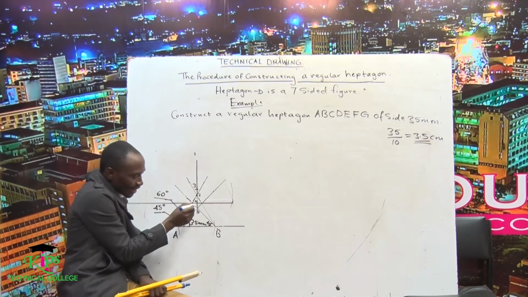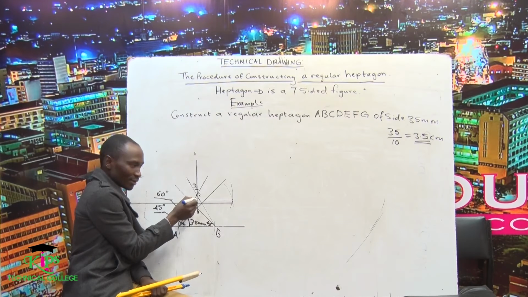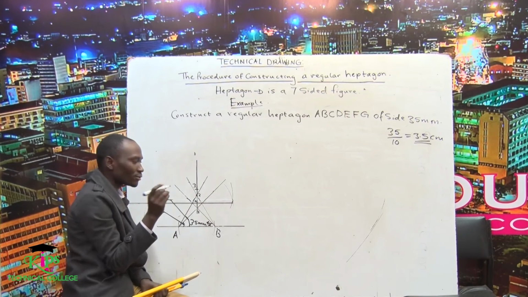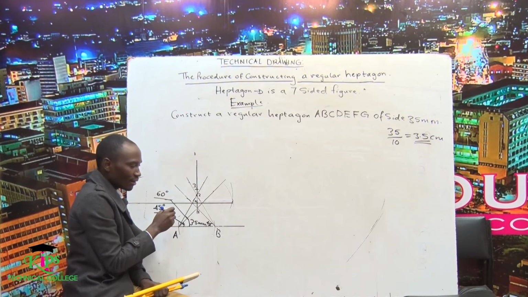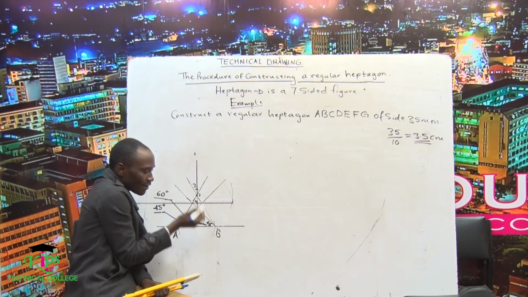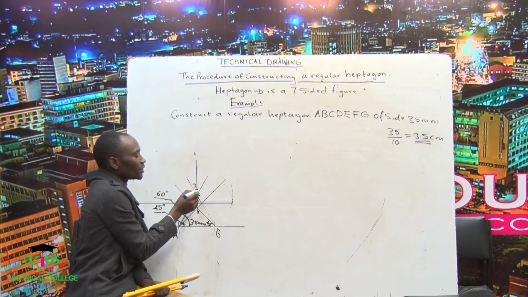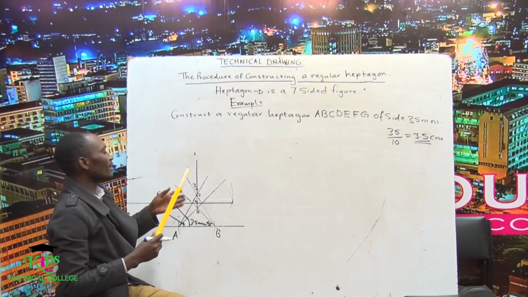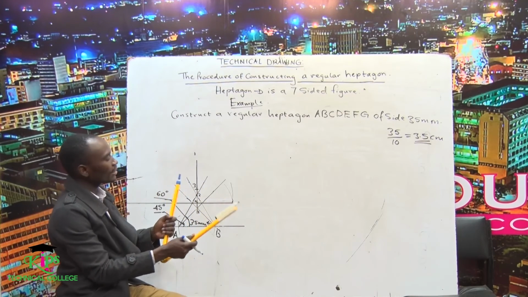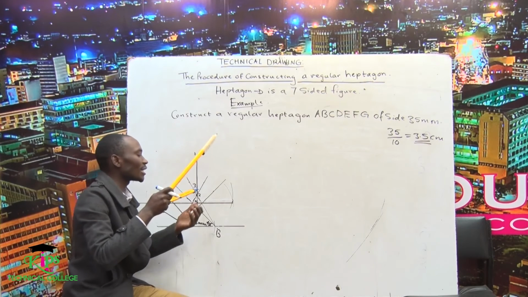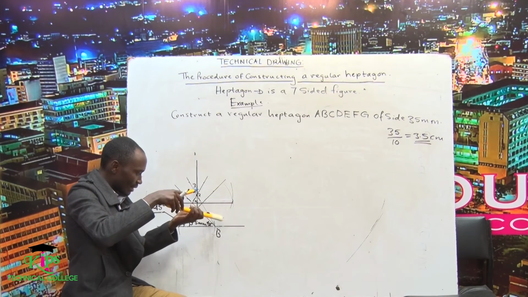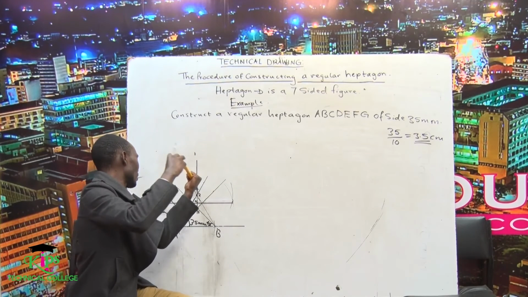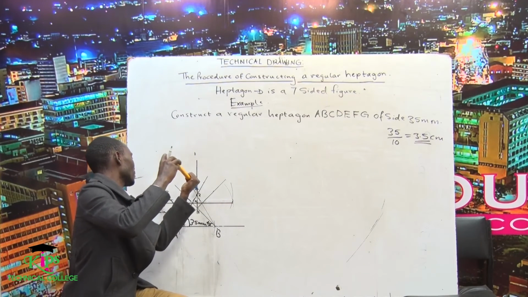You can see I have bisected point 1 and 2 like this, then drew a line, and also bisected and drew a parallel line so that wherever those 2 intersect, I call it point O. Now I will use the measurements either from point 1 up to O or from O to point 2 to transfer them at the top there. Now that will be the center of my circle. So I will extend my compass like this, standing at point 3 now. I will draw a circle. So that is my circle.